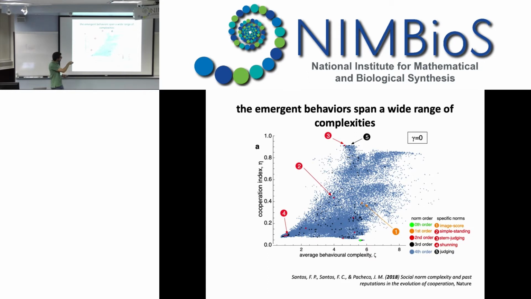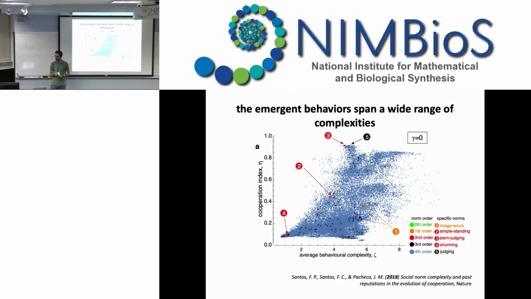Here, each of these points corresponds to a norm. On the horizontal axis we have the average strategic complexity that the norm imputes in a population, and on the vertical axis we have the cooperation level. So ideally, we would like to have norms promoting simple behaviors and a lot of cooperation, but we can see that there's a trade-off. In order to obtain the maximal levels of cooperation, we need some strategic complexity. But yet again, once we reach this level, we can have norms that promote higher levels of cooperation with behaviors that are more complex.